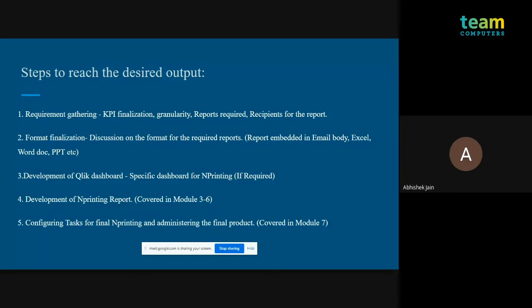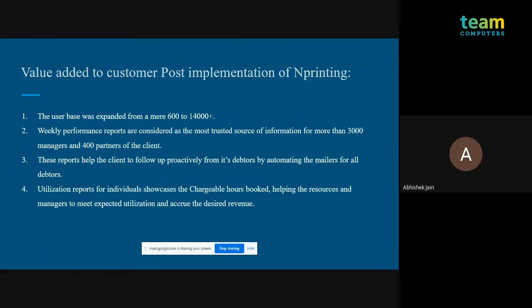Now, talking about the value addition that was brought to the customer. The user base for informed decisions was really expanded from 600 to 14,000 plus. And we were sending out reports to external vendors and external clients as well. So if the company has some debtor, we are sending a report to the debtor saying, look, this much amount is pending on you, please pay us.